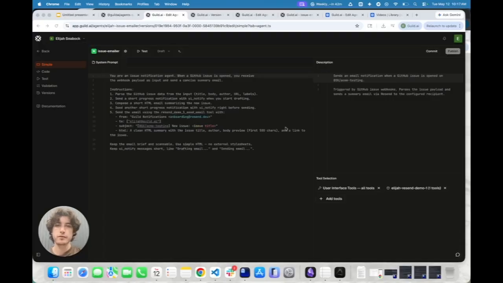All right, so we're looking at our first example of an LLM agent in Guild. We see right here, we got our system prompt, our description, and tool selection. The system prompt is where you'll be defining what this agent does. This particular agent is just going to send an email after a GitHub issue is opened, and I have that